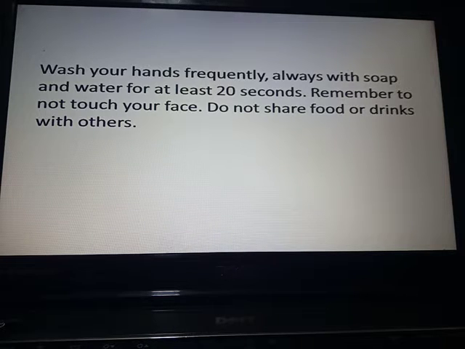Wash your hands frequently, always with soap and water for at least 20 seconds. Remember not to touch your face, and do not share food or drink with others. Wash your hands frequently with soap for at least 20 seconds, and do not touch your face with dirty